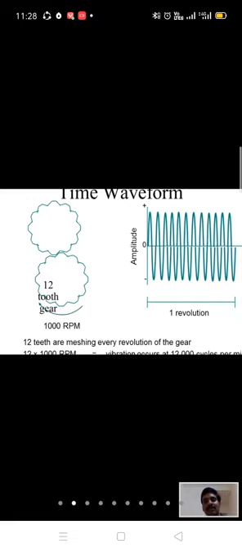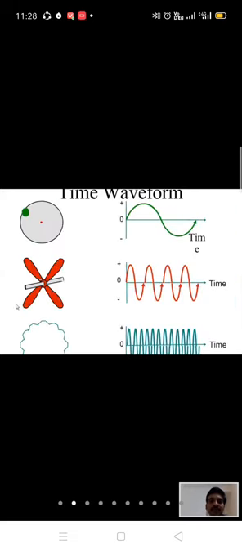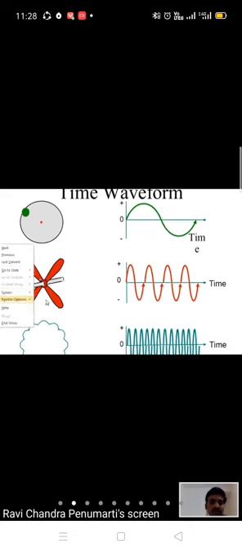So in this example, we have taken one heavy spot, one fan, and one gear. So we have three frequencies here. One heavy spot is generating 1000 hertz, the fan is generating 4000 hertz, and the gearbox is generating 12,000 hertz.